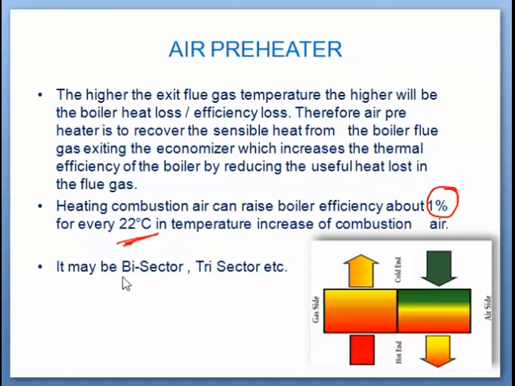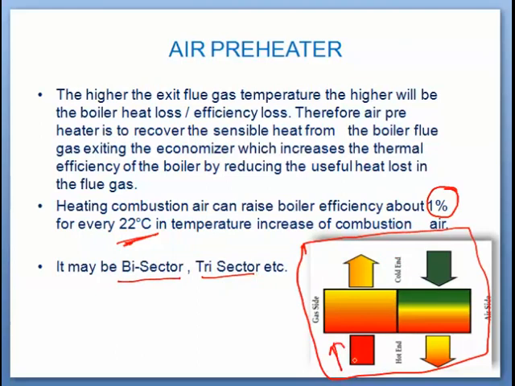These details roughly we had seen earlier. So it is a heat exchanger where air is sensibly heated. There are two paths. Hot flue gas goes in this direction and cold air, either the primary air or secondary air, passes through it. During this process, this flue gas loses its heat to the incoming air and the incoming air gets heated. So it is a sort of counterflow heat exchanger.